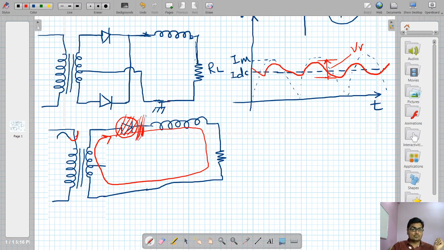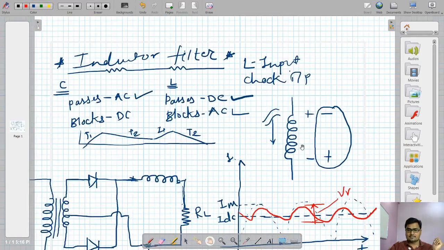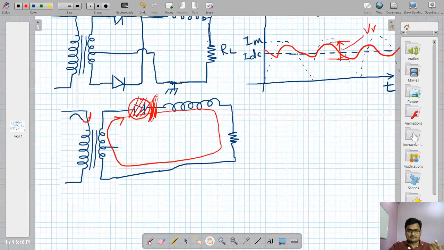So if the current flowing through the inductor gets blocked, then what happens? You remember the property of the inductor, which I have explained. When the current through the inductor gets blocked, the inductor changes its polarity. Not actually the inductor, but the field associated with the inductor changes its polarity. So if this was positive and this was negative, when the diode becomes reverse biased, this becomes negative and this becomes positive. Look at this. Now this positive voltage will get added into the output voltage.